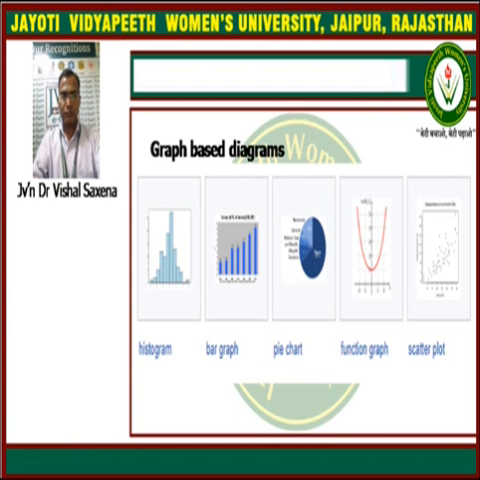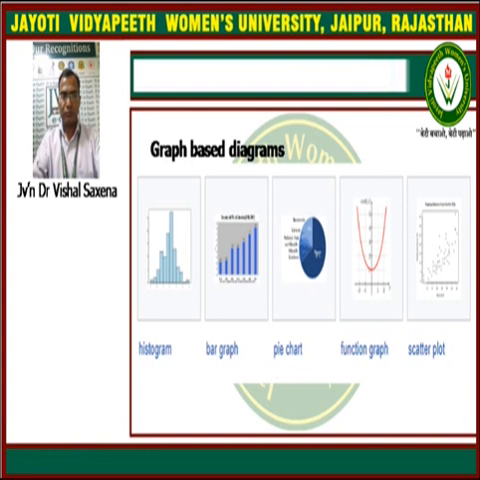A histogram is like a bar diagram, but all the bars are connected in a continuous interval, while in bar diagrams it is not necessary that all the bars are connected to each other. A pie chart is also called a circle graph, in which we give our information in the form of a circle, and the type of information we can include in a particular region, a particular area of the circle, is called the pie chart.